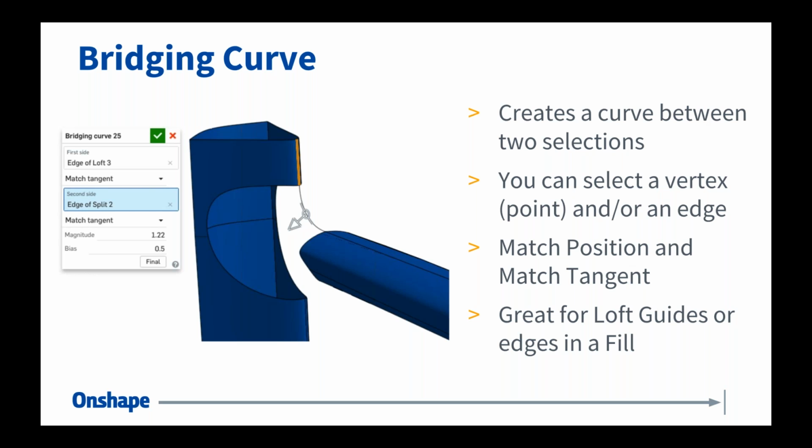Now, the example I have for you here is, let's say that I'm designing a bike frame, and it's a road bike frame, and curvature and smooth curvature is very critical, right? For a lot of different reasons. So I would want to make sure that when I create a fill or when I create a loft, it blends smoothly with the surrounding faces. All right, so the big thing with the bridging curve, again, keep in mind it creates a curve between two selections. Now, you can just create a curve between 2 points. So if all you're looking for is a simple straight curve between 2 points, bridging curve works in that scenario too. But I think it's most valuable with an option called match tangent, and it allows you to match that